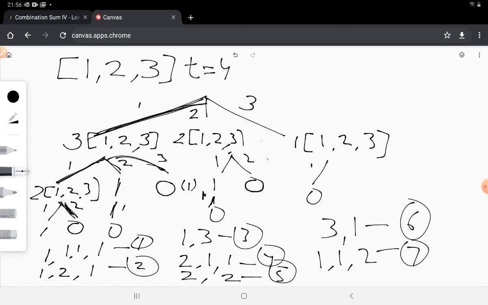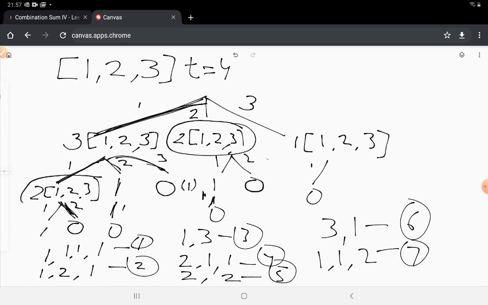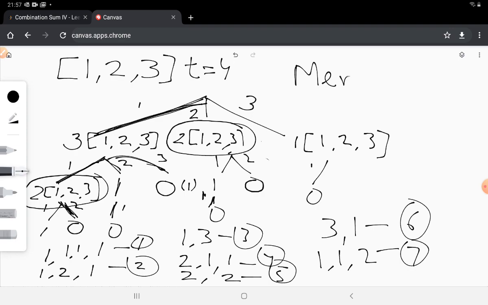So one thing to observe here is that there are some sub problems which we are solving repeatedly. Let's see this. So we have a target of 2, and 1 2 3 is our input array, and if you see this sub problem as well, this is also the same thing. So when we were solving for this, and found the solution that 2 with 1 2 3 gives me the following ways, then I need not solve it again for this. For this, what I do is I'll keep a memo.